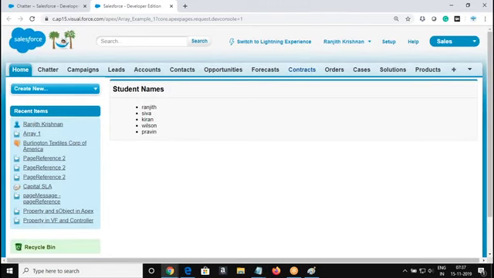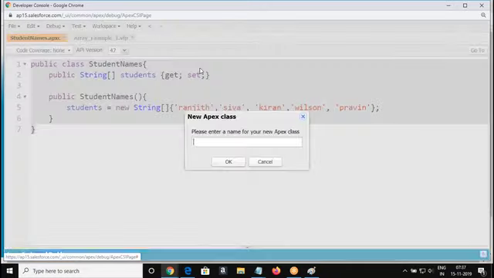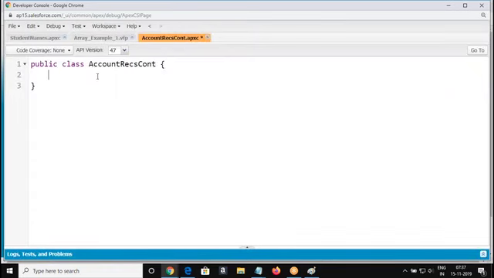The same thing we are going to follow as what we did for displaying the array of strings. So now we are going to display an array of accounts. Account X controller.